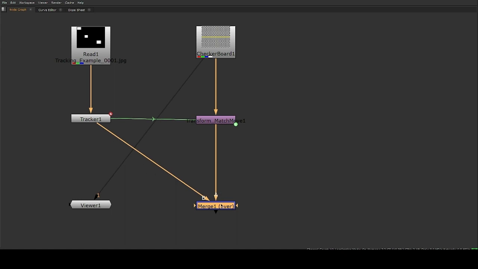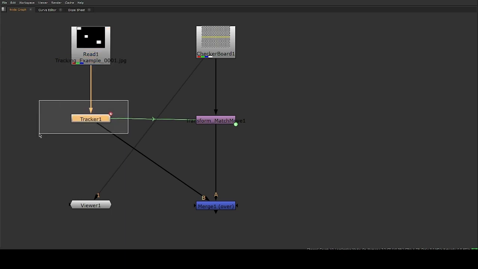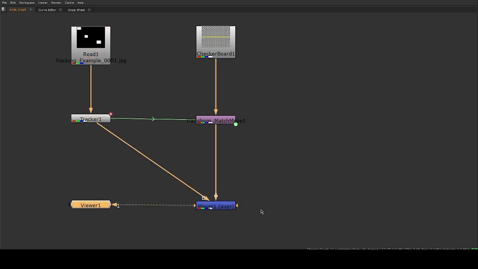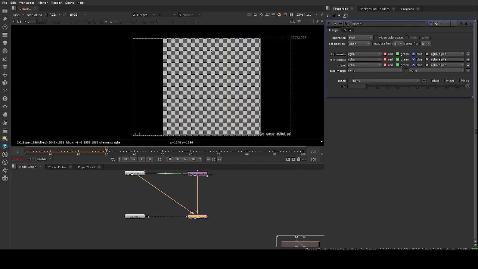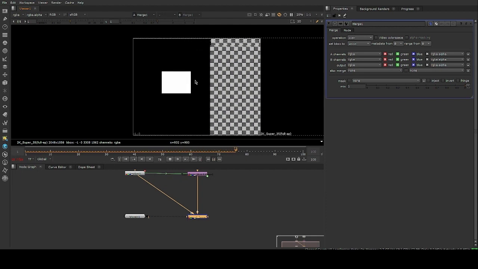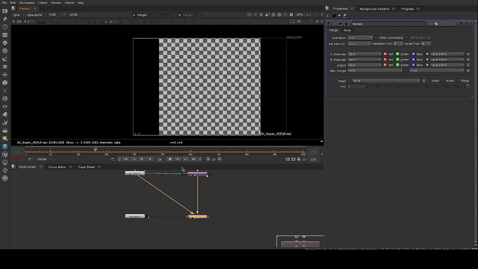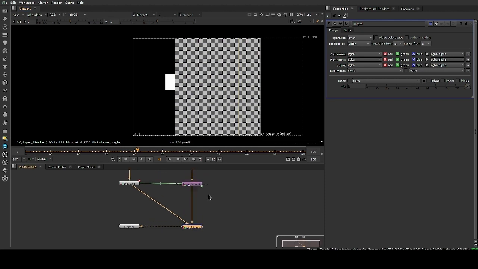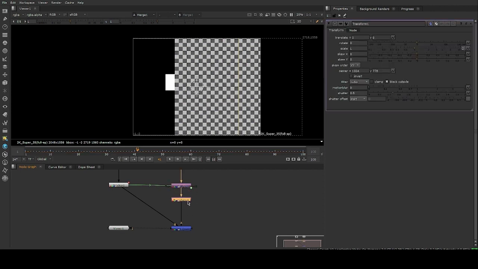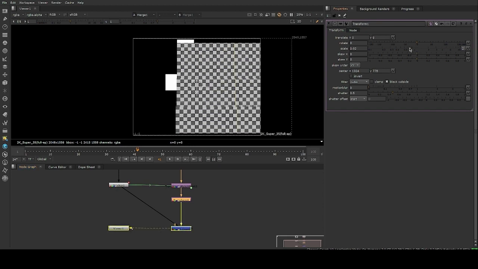Now remember, whether you connect the B with your tracker or the shot, it won't make a difference. When you view now using the merge node as a viewer, we will see the shot is connected and we can see the solids behind. The problem is the checkerboard is too large in size. One thing which we think of quickly is let's add a transform. So if I add a transform now and resize,